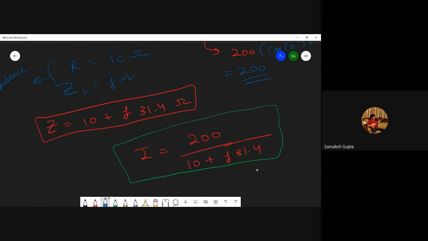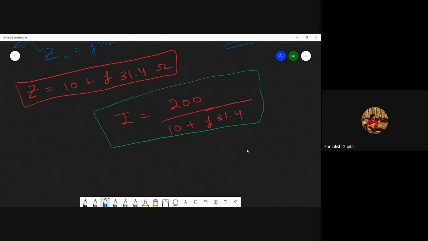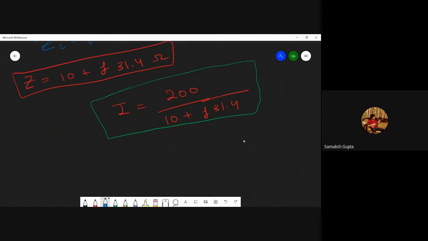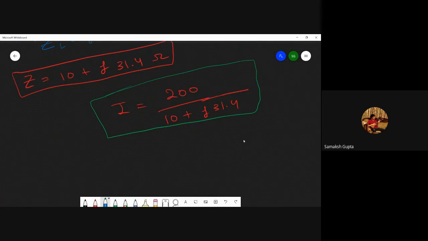So if I do this division, if I have time, I'll show you how to do it in Python. For those of you who do not know, I'll show you in the end how we'll do it in Python. Or if you have any calculator, you can put the values there. So if you will do this, you will get your current as this: